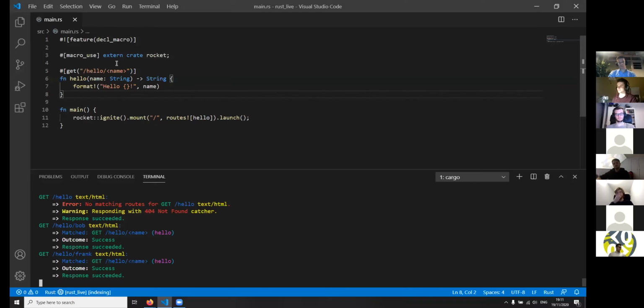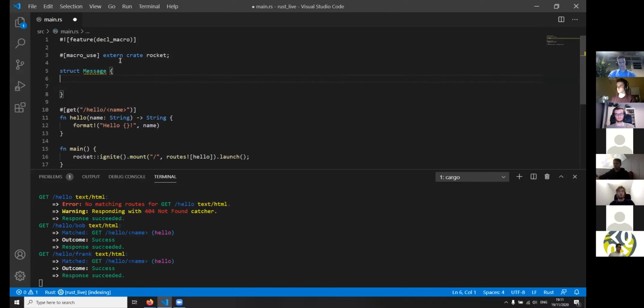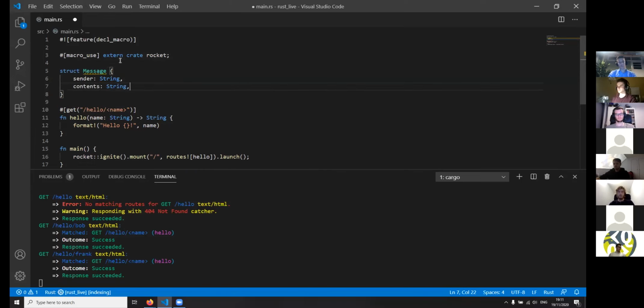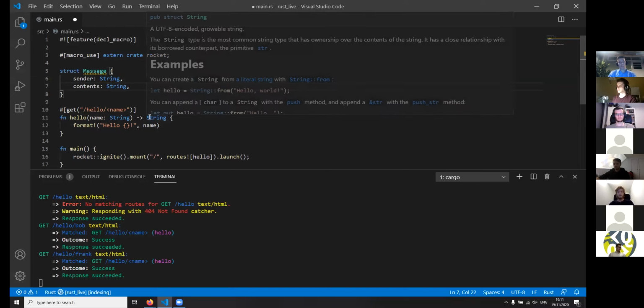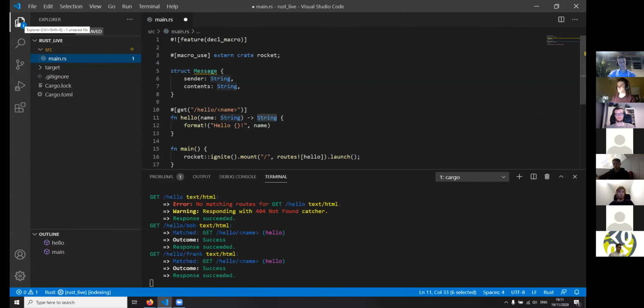And the final thing we're going to do is make this even more advanced, and we're going to add some simple JSON serialization. So instead of returning a normal string, let's return a struct. So we're going to create a struct Message, which has a sender and the contents, also strings. I would like to return this in the hello function. We can't just return a struct, we have to return a JSON value, which is part of, oh yeah, I'll show you the configuration of the project.